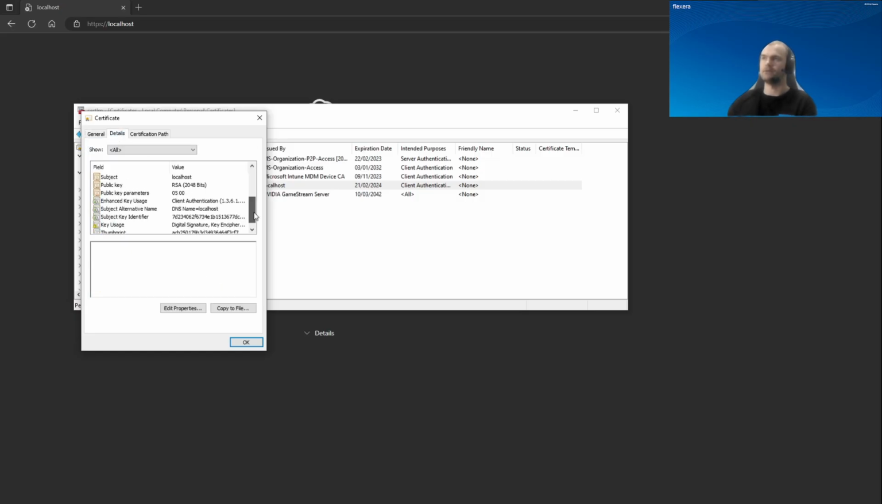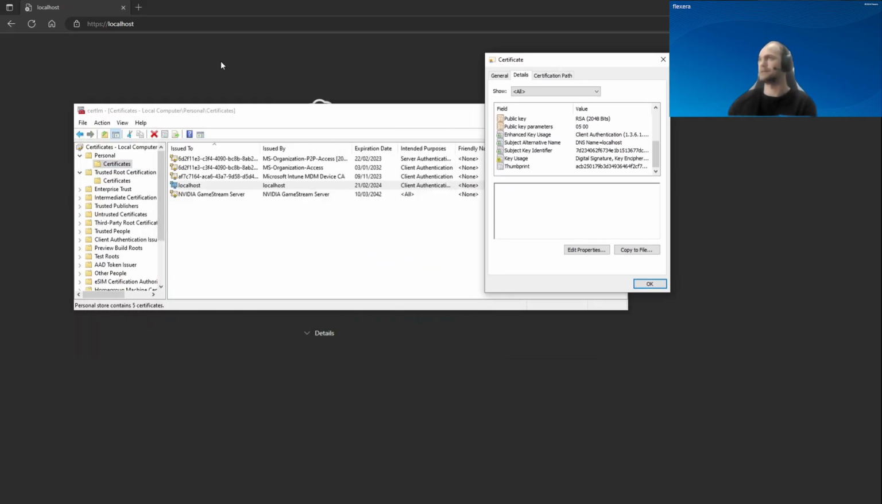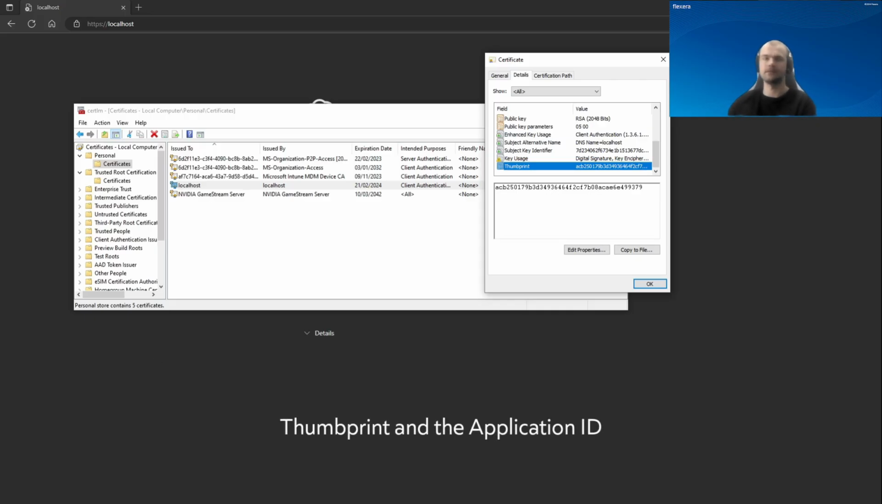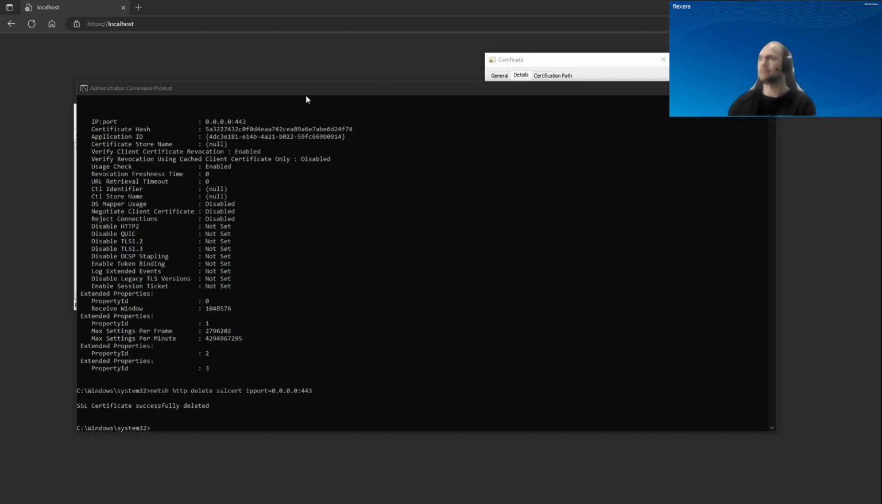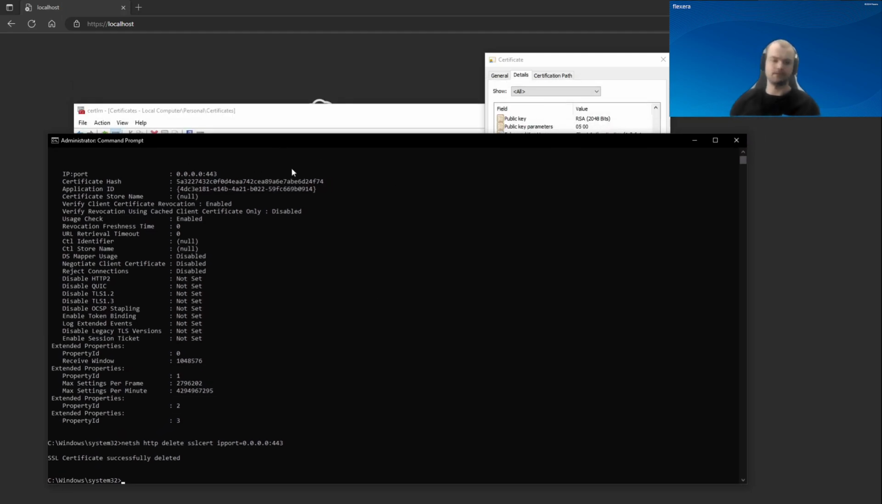What we need to do now is to add this certificate, or bind it to localhost. To do that, we need the thumbprint and the app ID. So let's open up our command line again and type in the next command: netsh http add sslcert ipport=0.0.0.0:443, and we want the new certificate hash